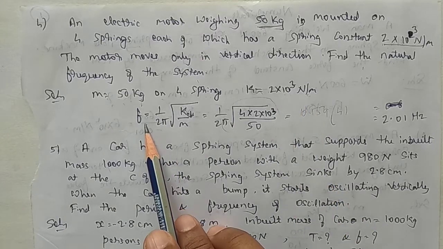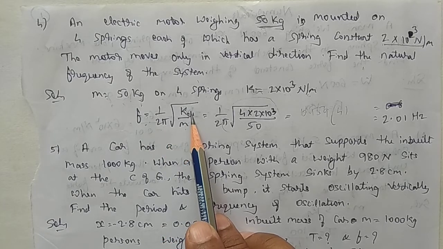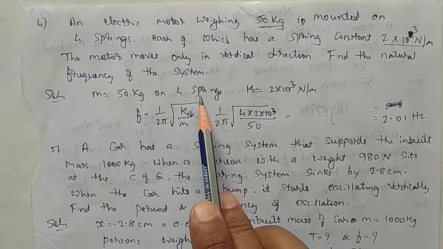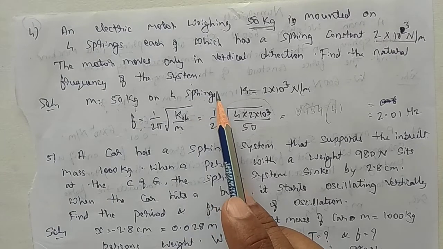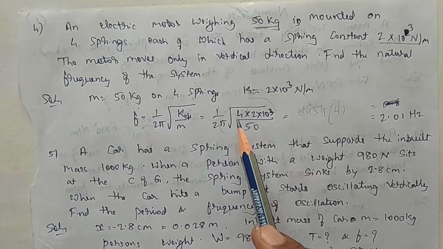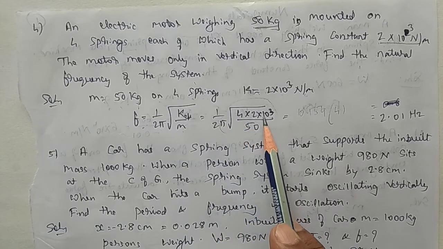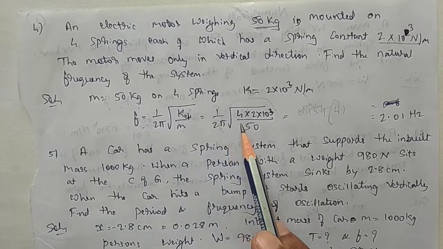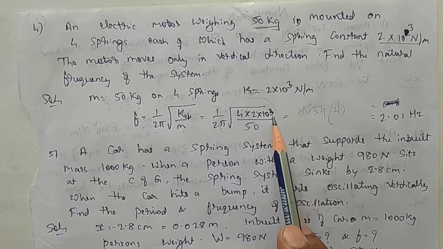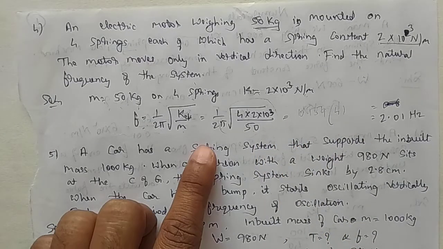What is f? f is given by 1 by 2 pi square root of K by m. Here there are 4 springs, so you have to take the effective K. The springs are in parallel, therefore K effective becomes 4 times the spring constant. So f is 1 by 2 pi square root of 4 into 2 × 10^3 by 50. If you just calculate this one, the answer